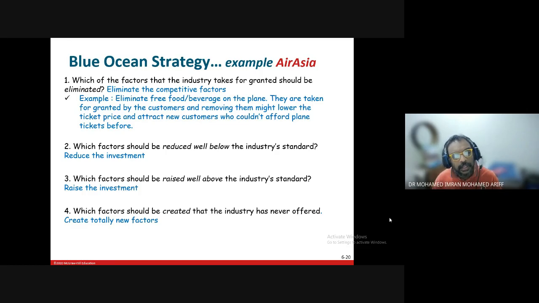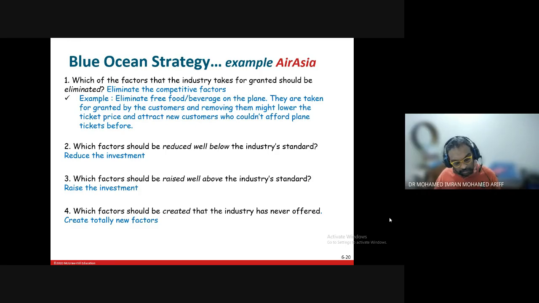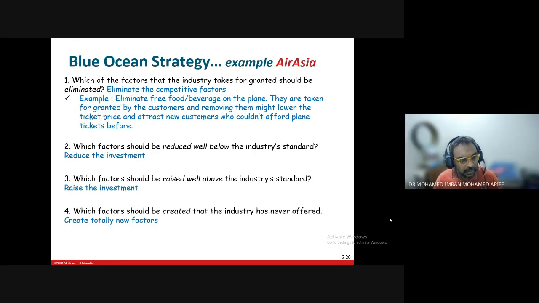Dia punya key point, dia reduce the investment. Anyone can boleh teka tak jawapan? Bukan teka lah, boleh bagi some points tak? Mungkin penggunaan facilities dia yang luxurious dia boleh reduce, atau quality seat dia. Betul. So that dia boleh reduce the cost. Yes, betul. Yes, correct. They can reduce it through this way lah, because reducing the seating,